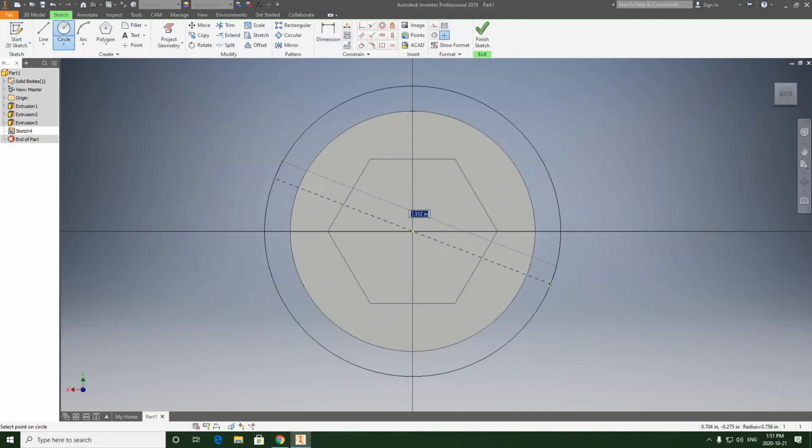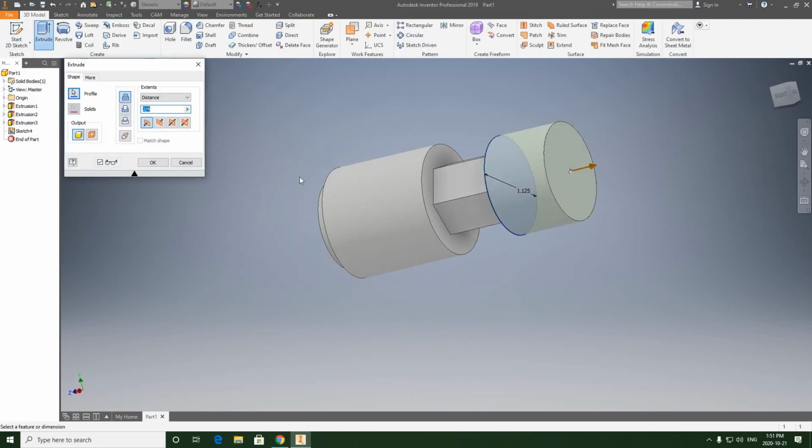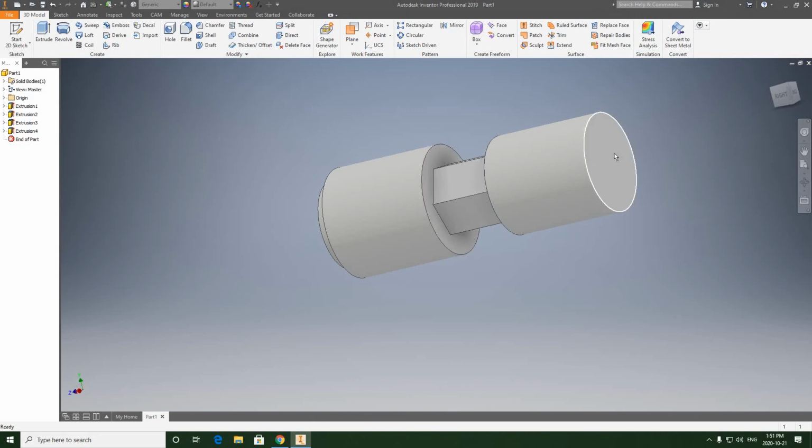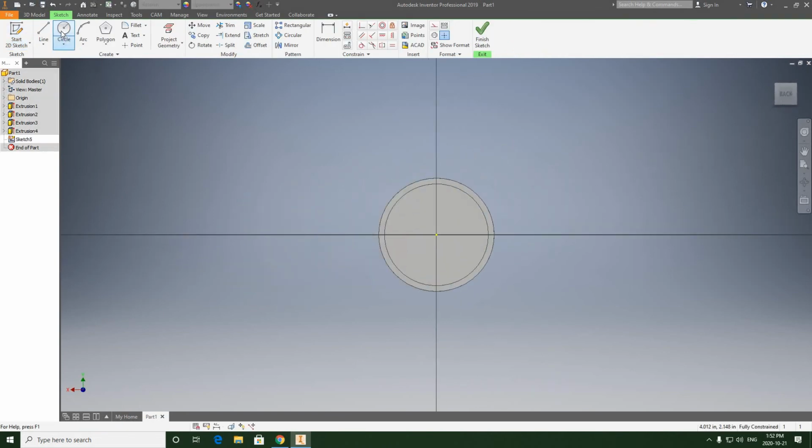All right. Next, we're going to be showing a 2D sketch on this face. Circle. And this one is 1 1/8, so 1.125. Finish sketch, extrude, and this is the same length as the original diameter where I started. This is 1 1/4. And then on the end, this is showing as